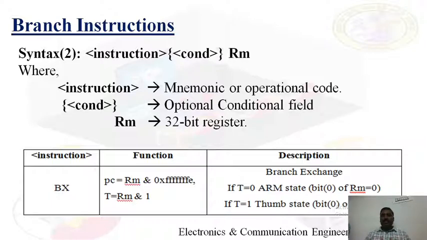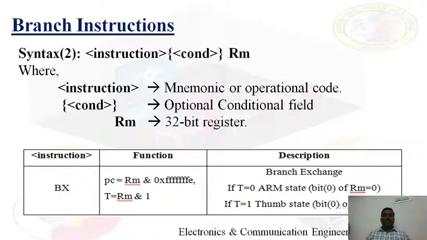And now if you want a mix of these 32-bit and 16-bit instructions, you can use a mix of those two instruction sets, or you can write separately as 32-bit instructions, or even separately as 16-bit Thumb state. If the instructions are written in Thumb state, we call it a 16-bit workspace, and if the instructions are written in 32-bit size, then that instruction set is called the ARM state instructions.